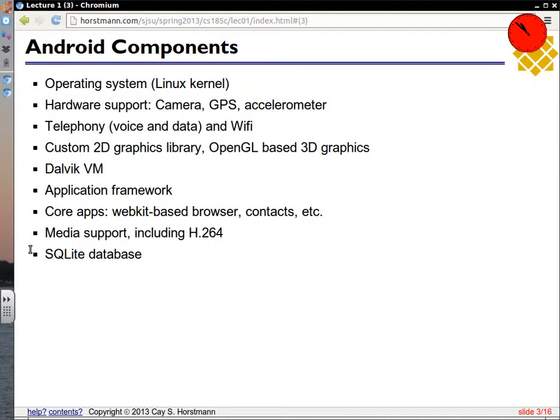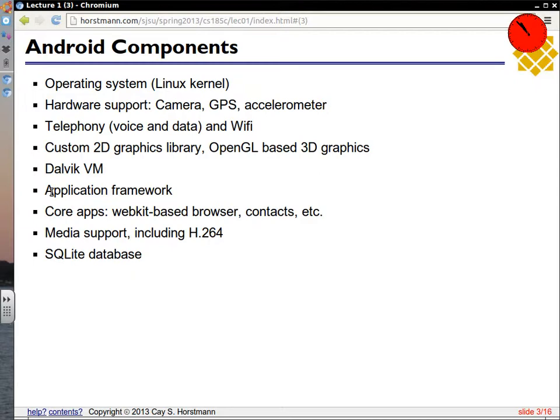There is a custom 2D graphics library that they just wrote themselves to render the widgets quickly. You can do 3D graphics, like for games, and that's based on OpenGL. And we'll do a little bit of game stuff, even though I know absolutely nothing about it. I've never played one on one of these things, but that's where you guys come in to help me out. And Dr. Pollard, who designed this course, says rightly so that programming games on these phones is a source of employment for many. So it'll be good to get into that.